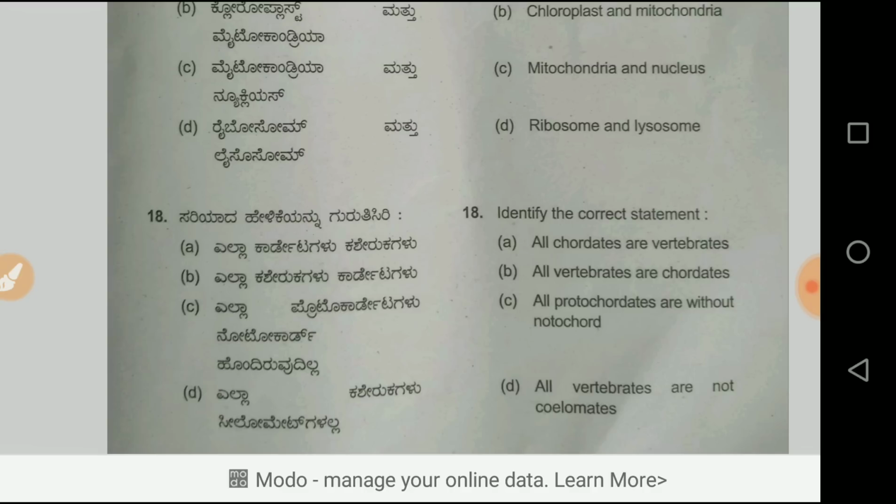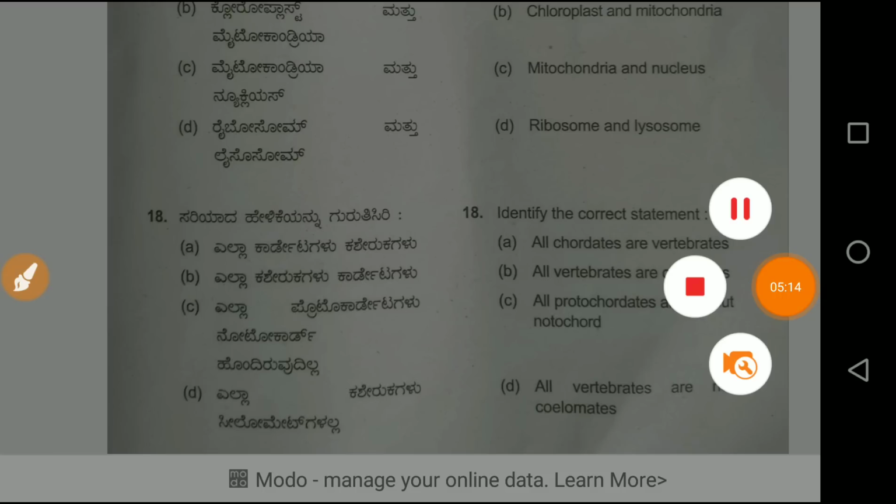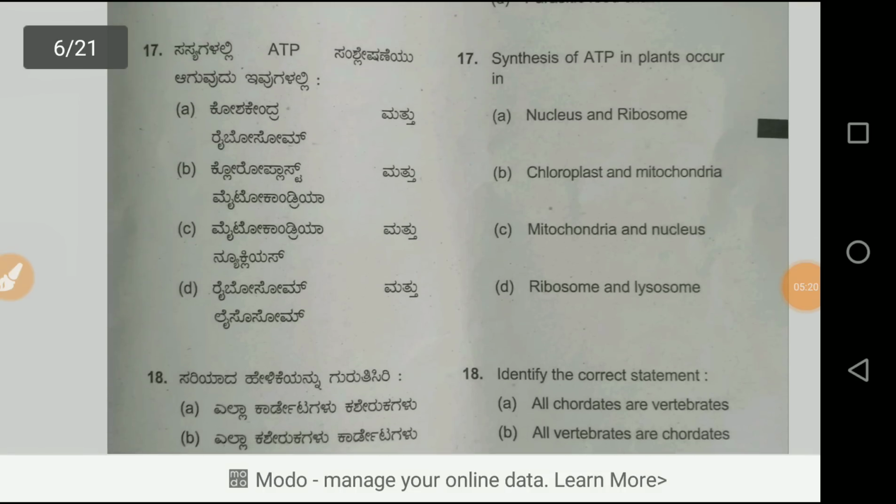The first option, all chordates are vertebrates, is not possible, because all chordates are not vertebrates, but all vertebrates are chordates. Therefore, the right answer is B. The right answer is B. All vertebrates are chordates. Then next question,